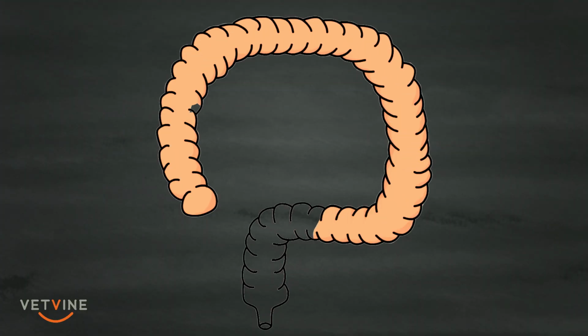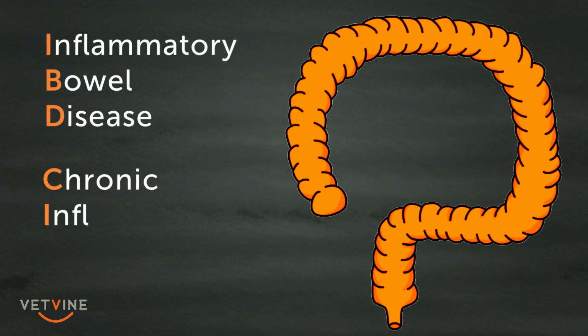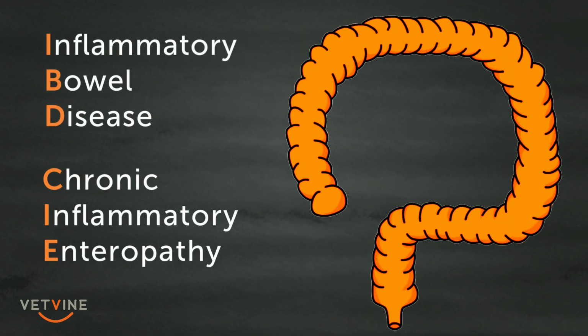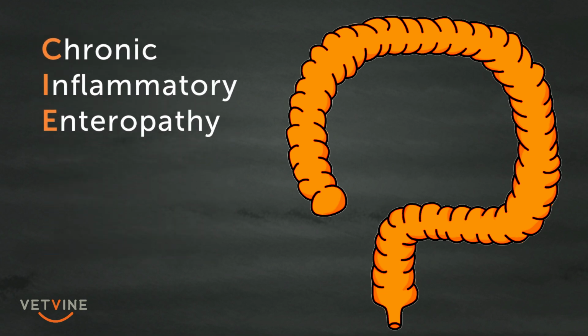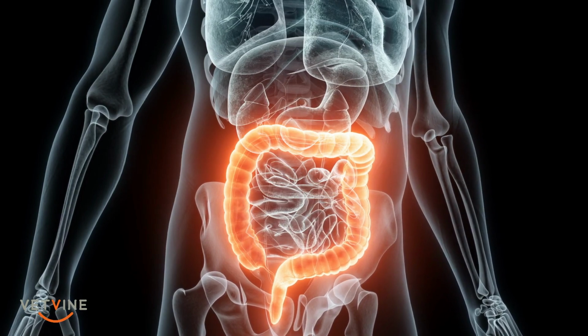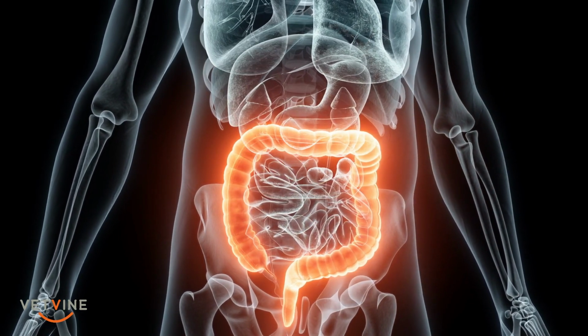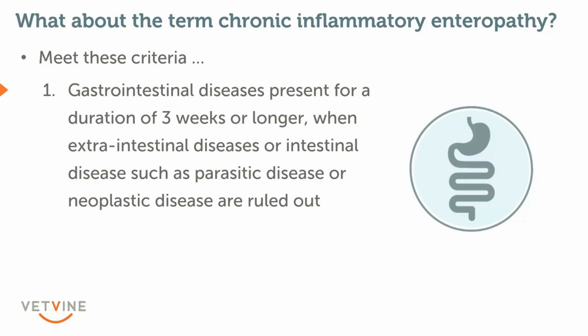Chronic inflammatory enteropathy is a term that you may see used more now, typically in place of the term inflammatory bowel disease in dogs and a little bit in cats too. And we've sort of moved away a little bit from the term IBD since it is a human term and these disorders are fairly different in dogs. And so this is a terminology that we use when there's been gastrointestinal disease present for a duration of 3